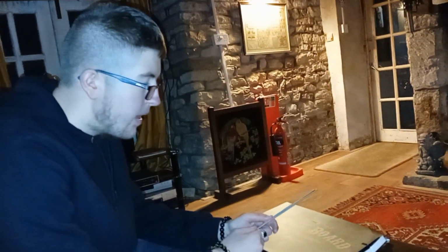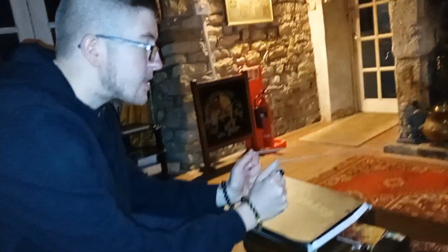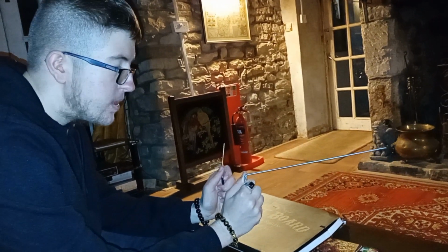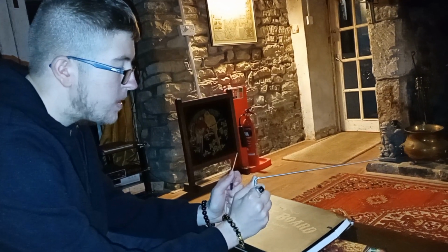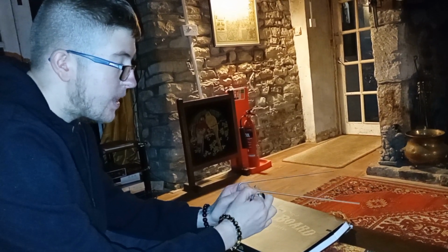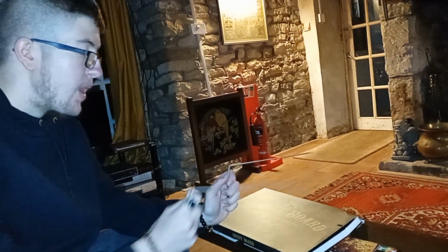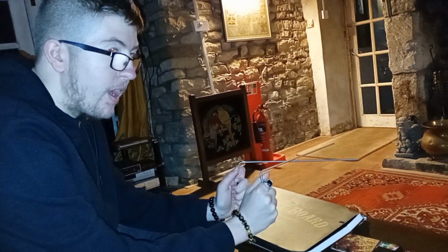Right, so this here is a pair of dowsing rods. Now these work when you communicate with a spirit. I'm not going to use them properly yet, but you hold them like this. If it's a yes, they'll go inwards. If it's a no, they'll go outwards. That's how they'll answer you. So inwards for yes, outwards for no. Generally, it is something that I haven't done before. I think, personally, you've got to hold them straight. If they do go yes, like that, then